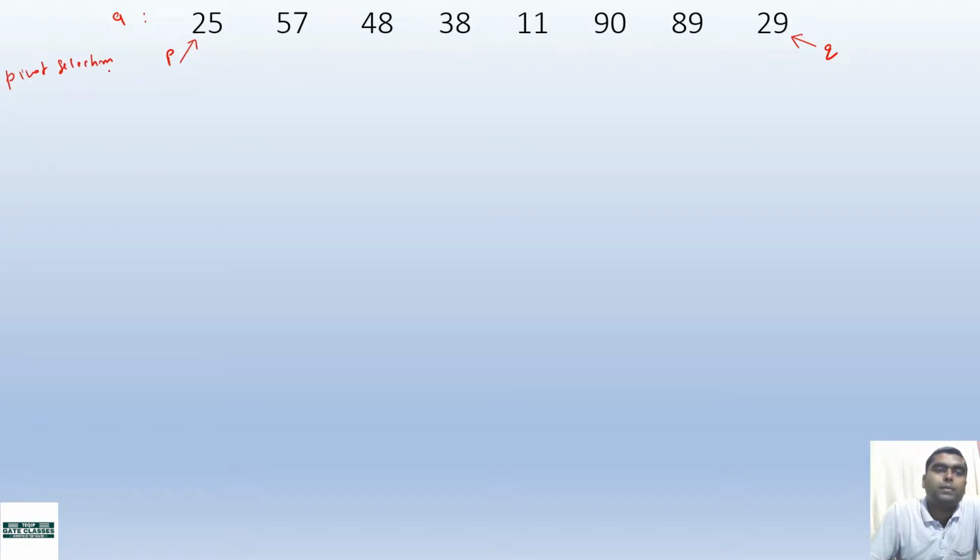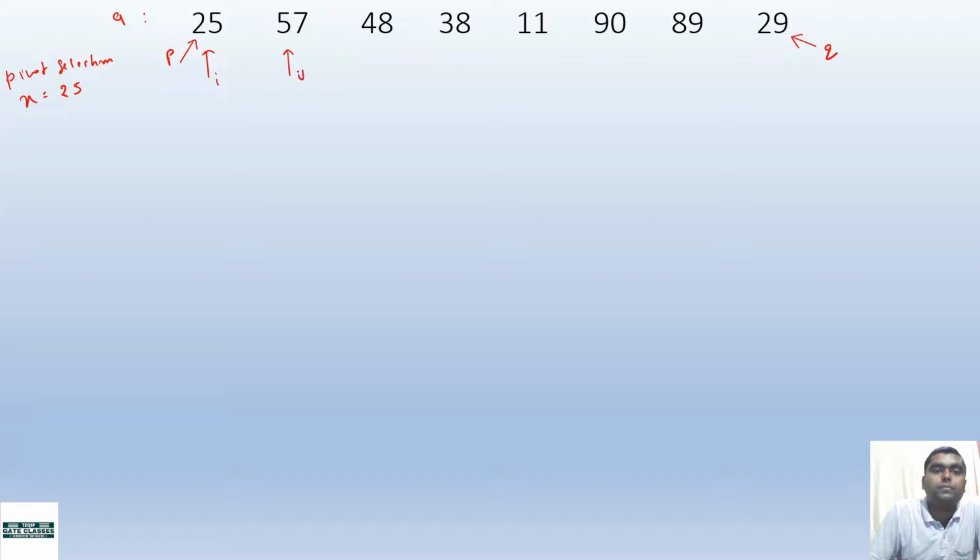Okay, now let us solve one more problem, then it will be very clear to you. I will do it one by one, so that it is much easier for you. So first, what is this? This is P, the starting index. So this is the array A, and this is P, and this is Q. Observe carefully. So firstly, what we did is we stored A of P in X. So pivot selection, so X equals 25, and here we set i and we will run the loop.